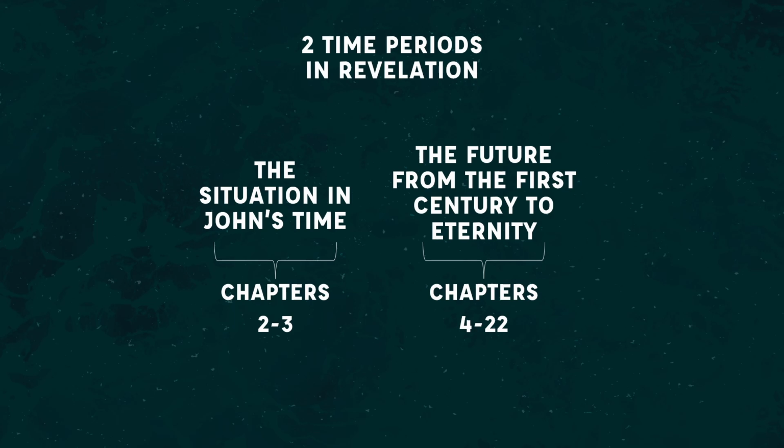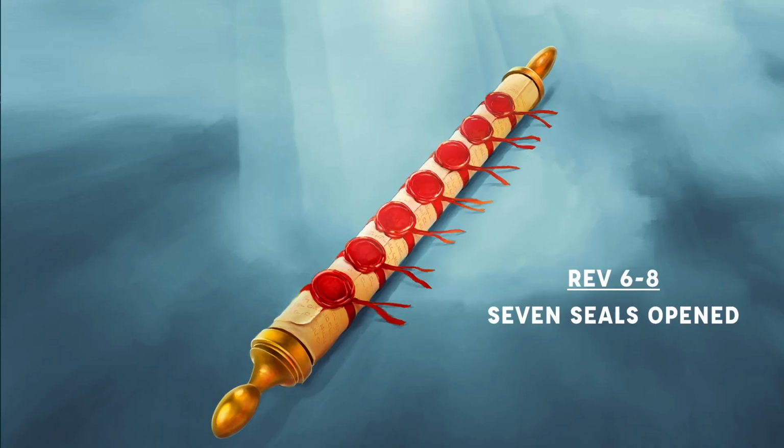John goes up to the throne room and he sees Jesus, represented as a slain lamb, talking about his death on the cross. And then Jesus receives a scroll, and it's sealed with 7 seals. And then beginning in chapter 6 all the way to the beginning of chapter 8, Jesus breaks open these 7